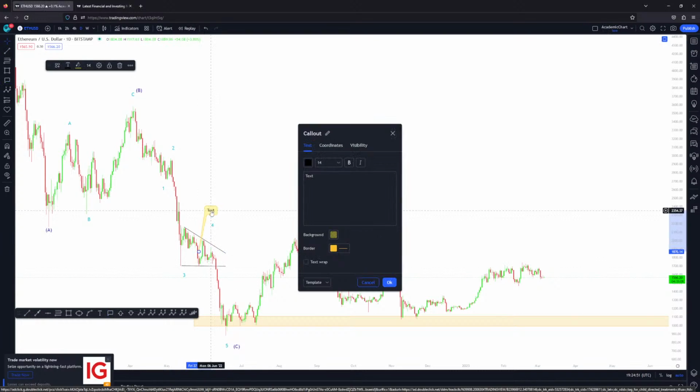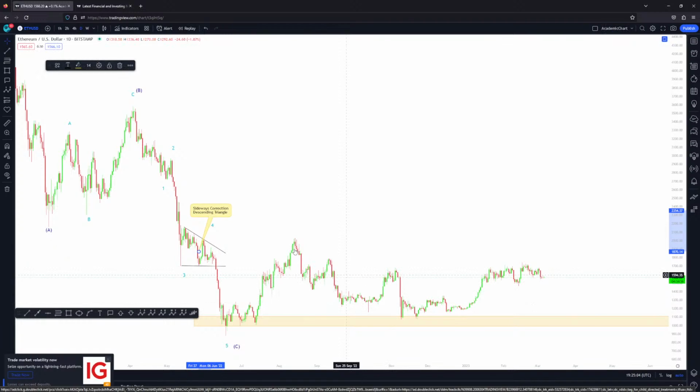Let's call this sideways correction and descending triangle, which is really interesting to look at because